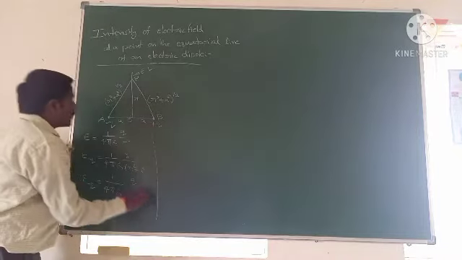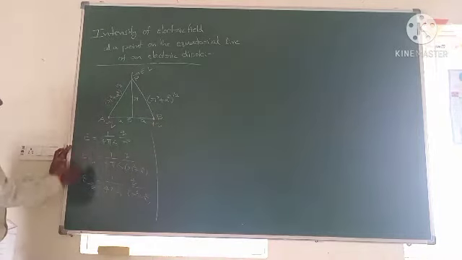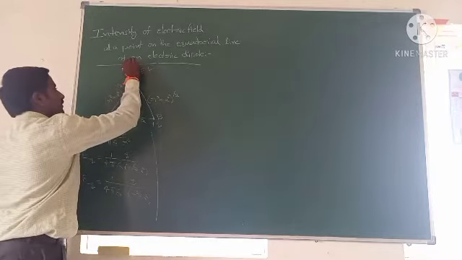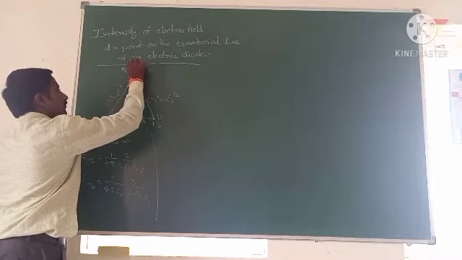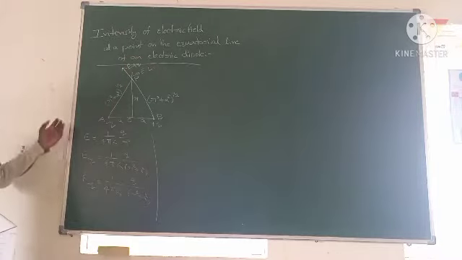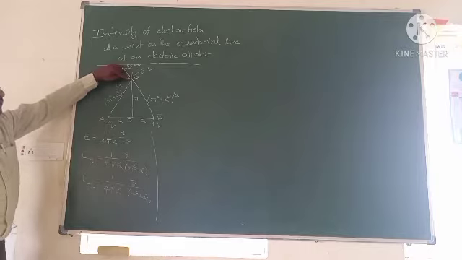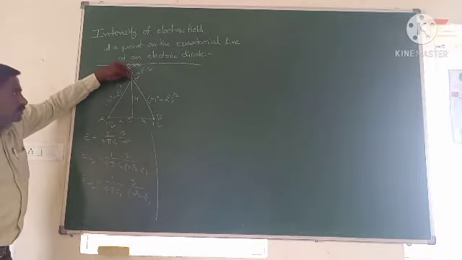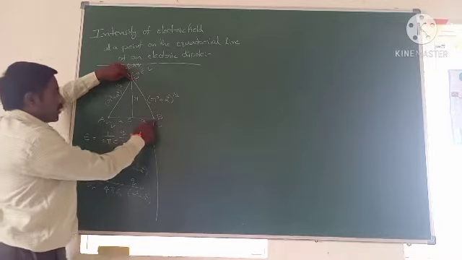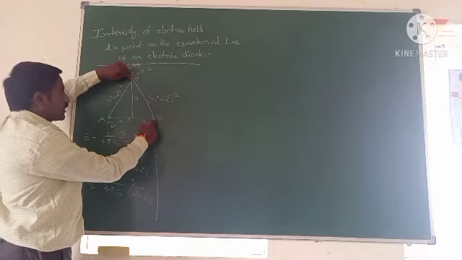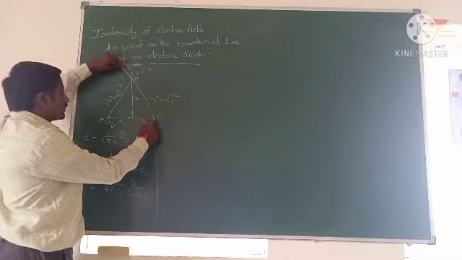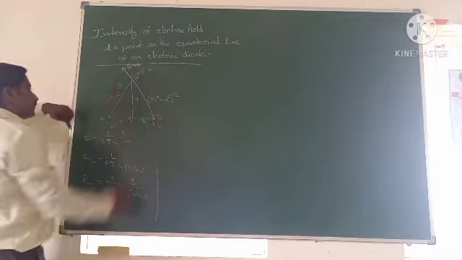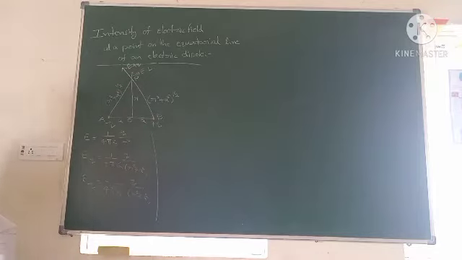Now, when you observe the directions of E plus q and E minus q, this is the E plus q direction, because what is the electric field intensity definition? Force per unit positive charge. If I place a unit positive charge here, repulsion exists. So due to the repulsion, that positive charge moves in this direction. So the electric field intensity direction is along BP due to plus q charge.